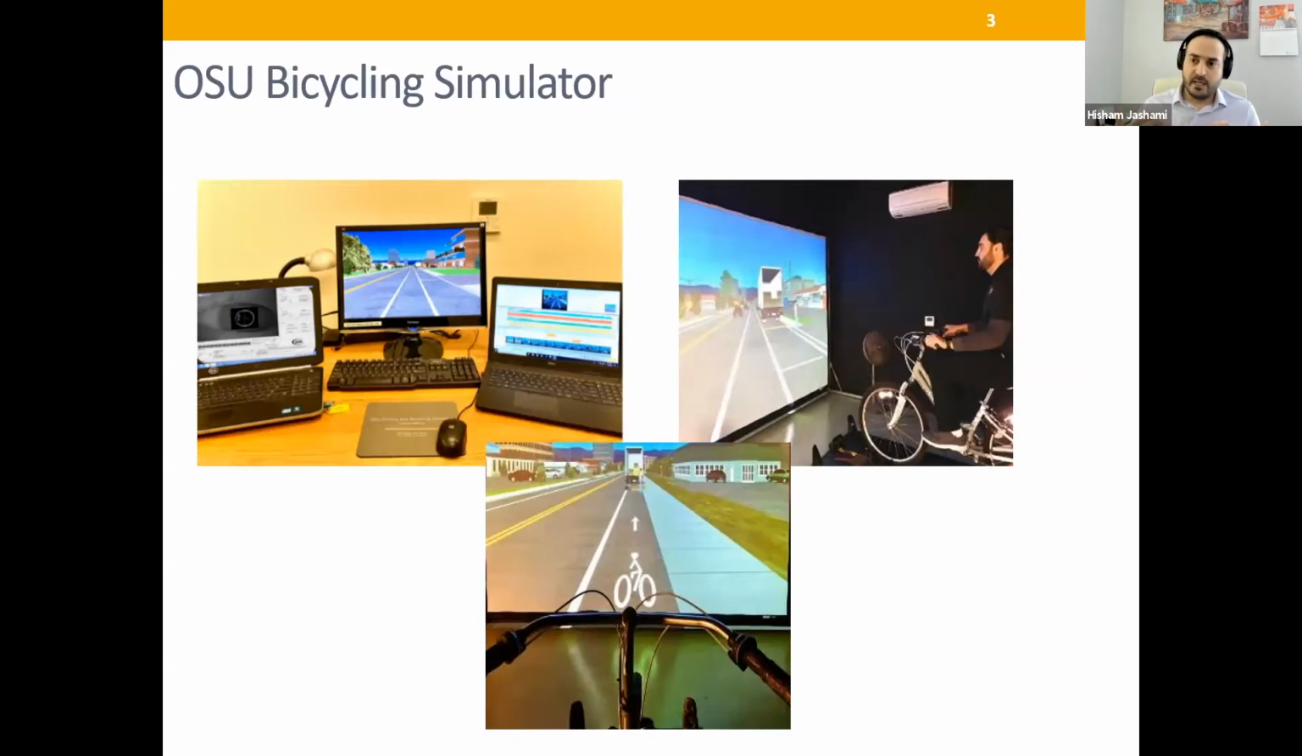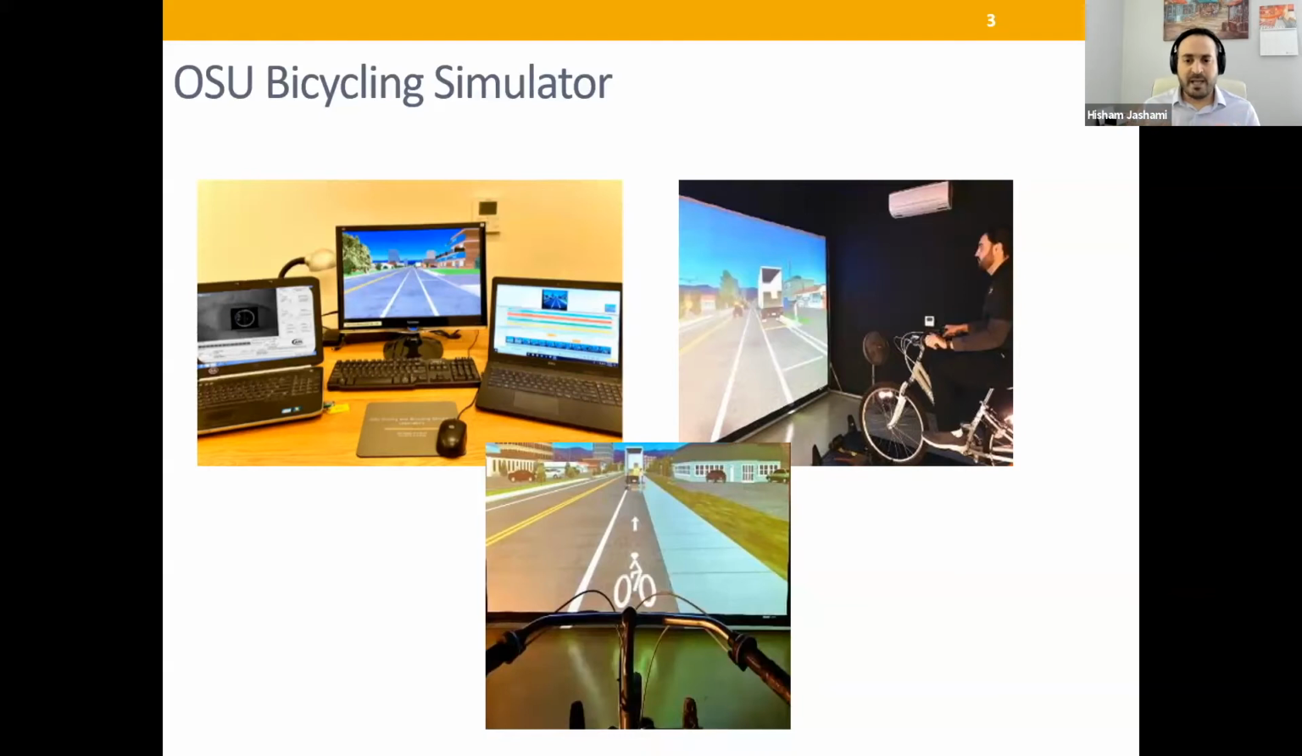So to do that, we leveraged the human in the loop driving and bicycling simulator at Oregon State University. Now they have the heavy vehicle too, so you may go and visit. The OSU Bicycling Simulator consists of an urban bicycle placed on the top of an adjustable stationary platform, and that's the bike we're riding,